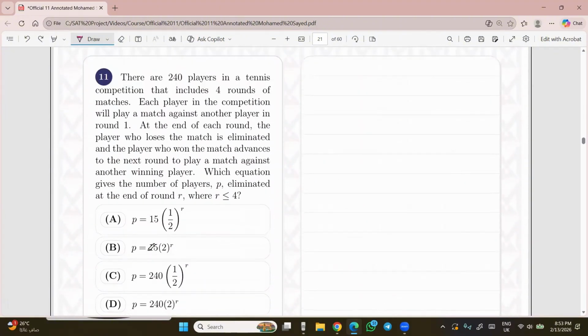Question number 11. There are 240 players in a tennis competition that includes 4 rounds of matches. Each player in the competition will play a match against another player in round 1. At the end of each round, the player who loses the match is eliminated, and the player who won the match advances to the next round to play a match against another winning player. That's the same as, for example, the